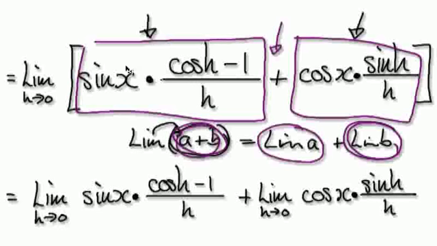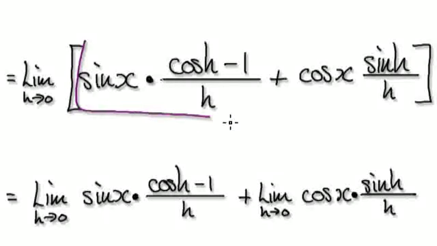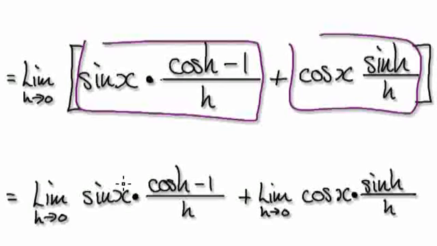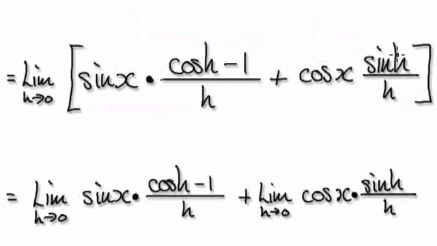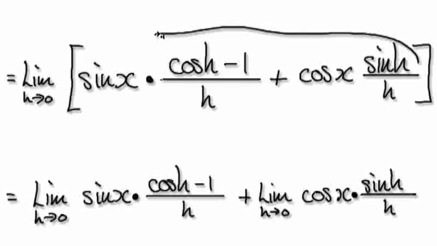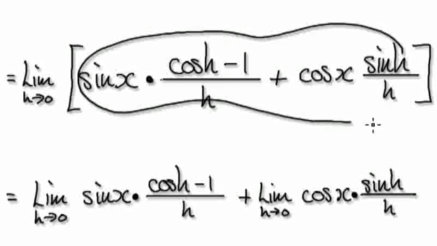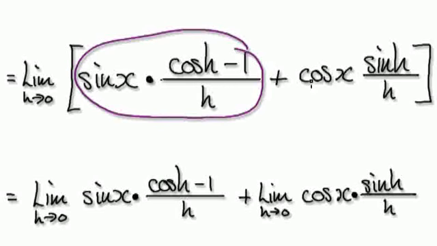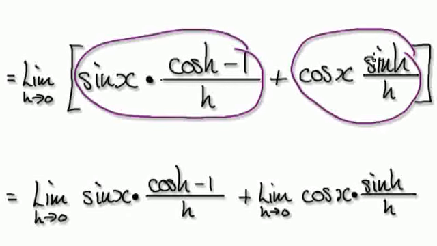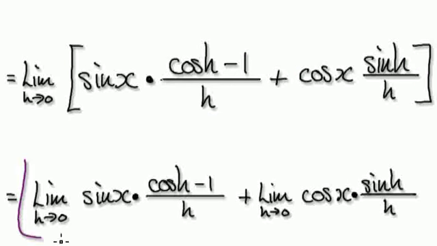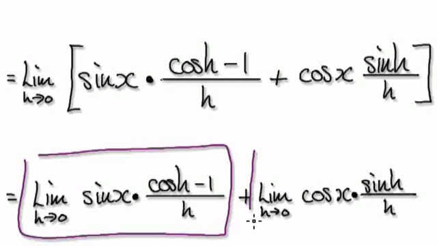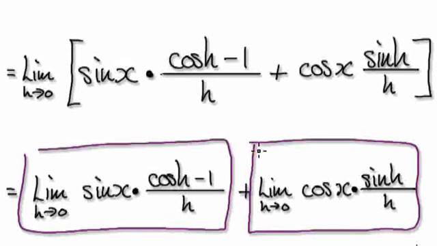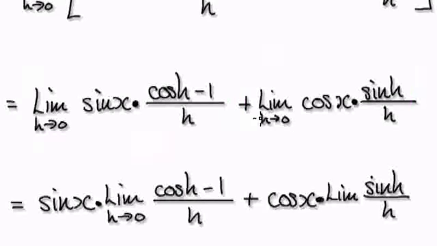So at the moment you've got this complicated thing here plus this thing here. So you can just concentrate on finding out the limit of this thing here, and then finding out the limit of this thing here. Rather than finding out the limit of this whole thing, just concentrate on finding out the limit of this, and then on a separate occasion find the limit of this, and then add the two together. Okay, so that would then give you